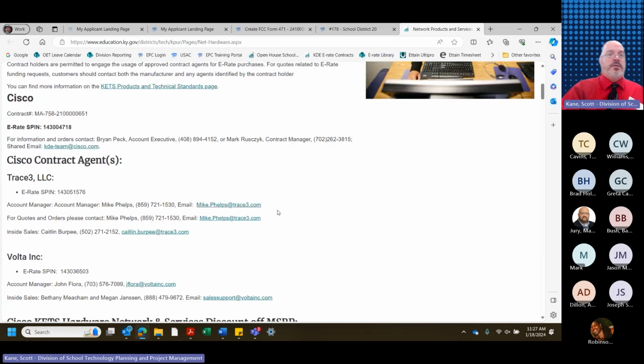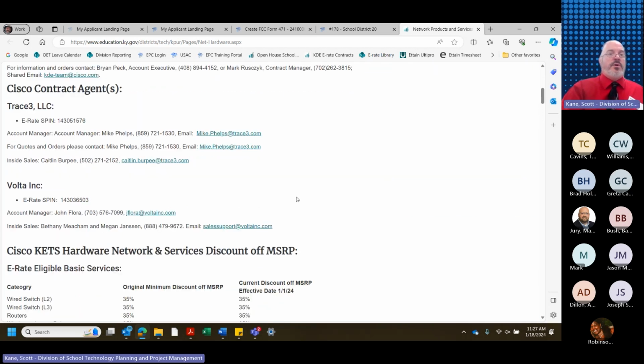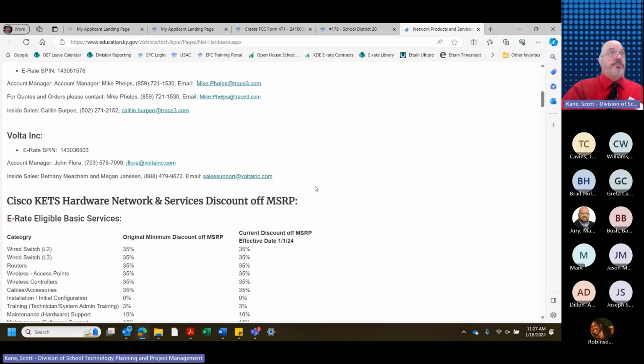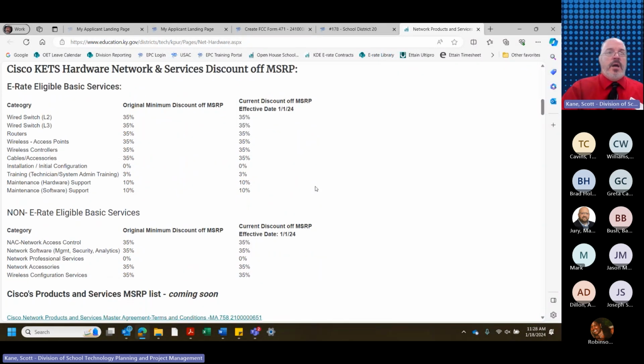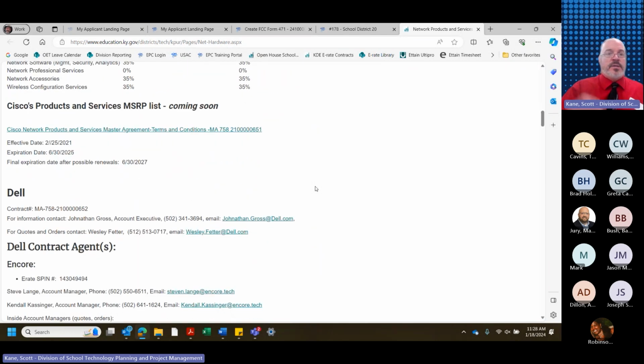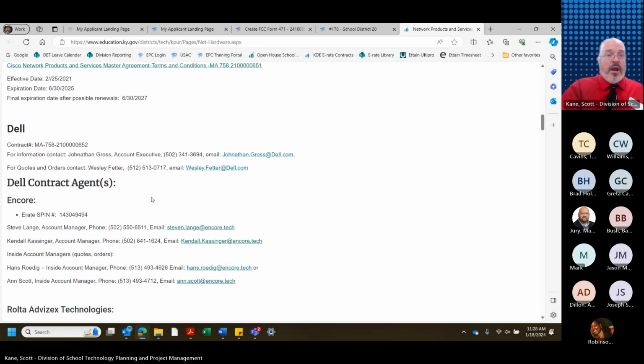And this lays it out for you. For quotes and orders, that's who to contact. This page is under some reconstruction. Actually, we're not reconstructing it, we're building it out, adding some additional information, which will be important to a couple of items as I continue on in this discussion of mini bids.